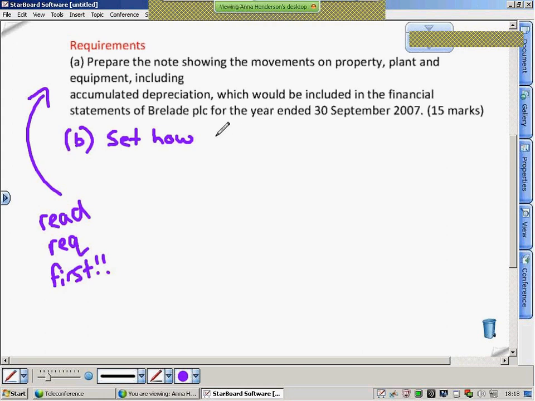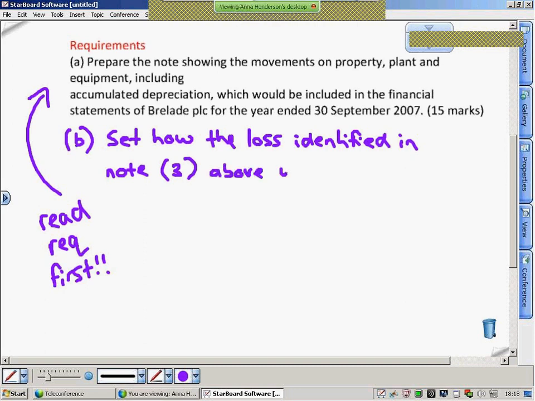So can you please add to your workbook a part B that says: set out how the loss identified in note 3, i.e. how much impairment